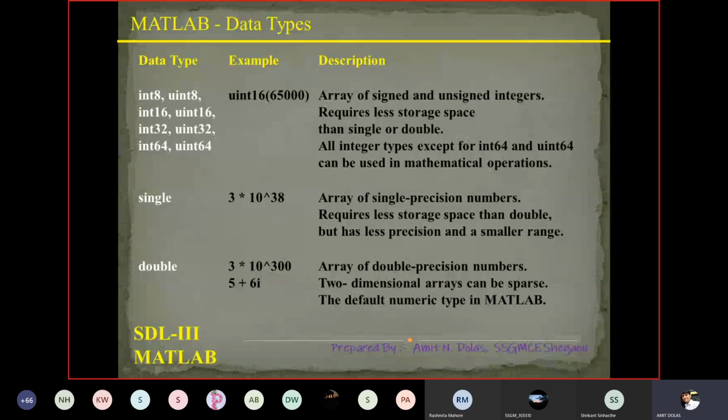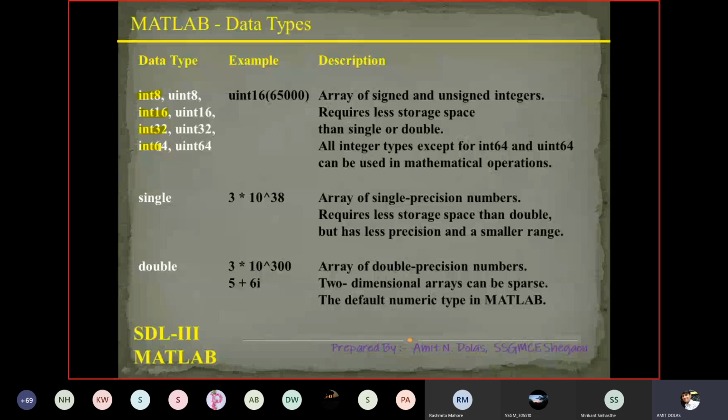Then some more detail of the data types, like what falls under what category: integer 8, integer 16, integer 32 and integer 64. In the same way unsigned integer, I'll show you the range, don't you worry. Then unsigned integer 16, unsigned integer 32 and unsigned integer 64. This comes under the numeric data type. And again you can see the example: uint16, that is unsigned integer 16, number is 65000, which of course you can change.